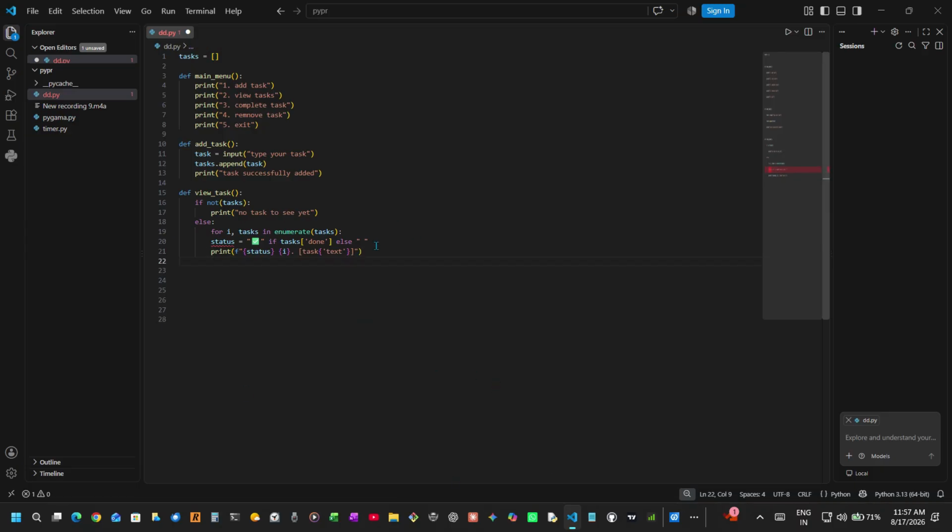Okay, the status line is finished. So the system will print the status of the task. Status is the question of whether the task is done or not. So if the task is marked as done in advance, the system will print the status of the task, and it will print the index, meaning 1 dot, and the task itself, the text of the task. And def,